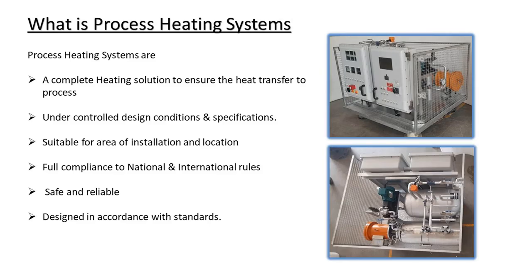Now understand the process heating system: process heating systems are complete heating solutions to ensure heat transfer to the process. In the process, your fluid can be in the form of gas, solid, or liquid, or any kind of hydrocarbons, under controlled design conditions, with specification compliance to national and international standard rules,